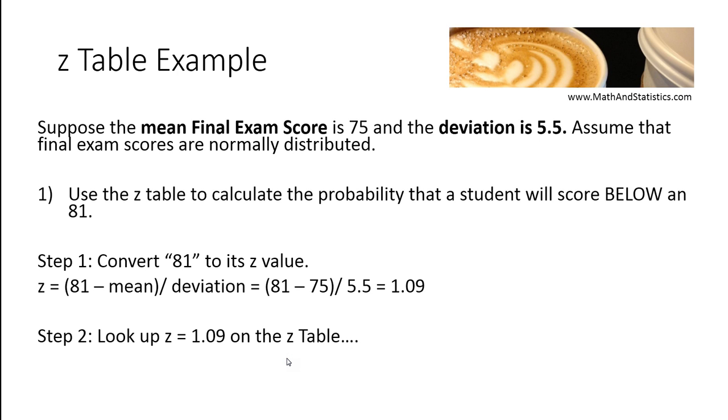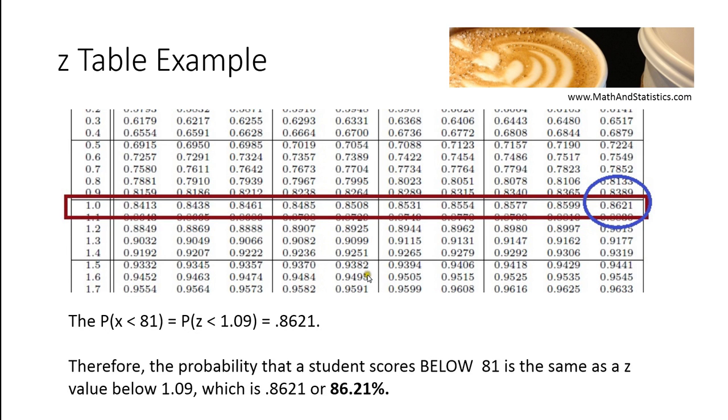Once you know the z value, you can look it up on the z-table to get the exact percentage of data that is below that value. The z-table always gives you the percentage of data below the value you're looking up. So again, what happened here? We said, what's the probability that a student gets a score below 81? That's the same thing as asking, what's the probability that the z-value is less than the equivalent z-value to 81,